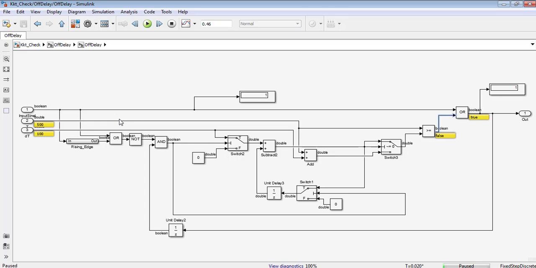So this is the timer implementation. The timer implementation has not started, because of that we are getting 0. And if you check the next time instance, the input becomes inactive, but here the timer implementation got started and we are getting the output as true.